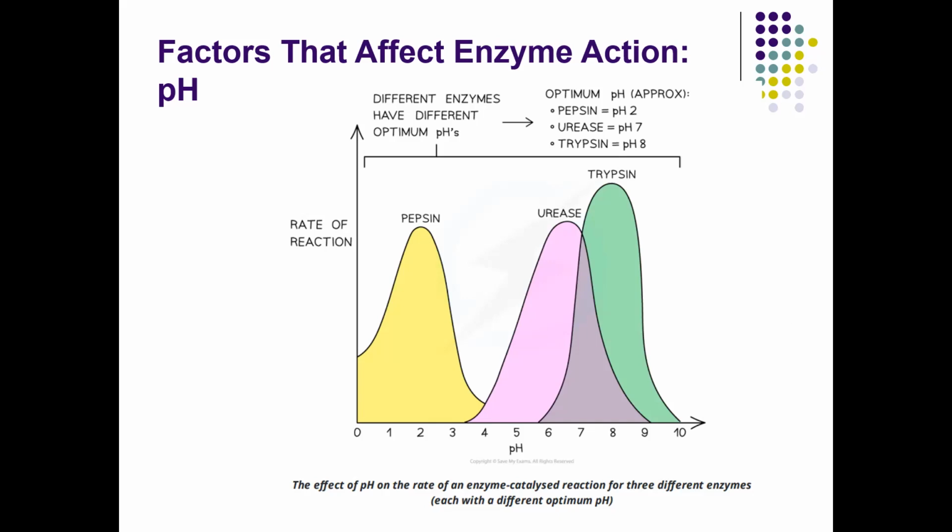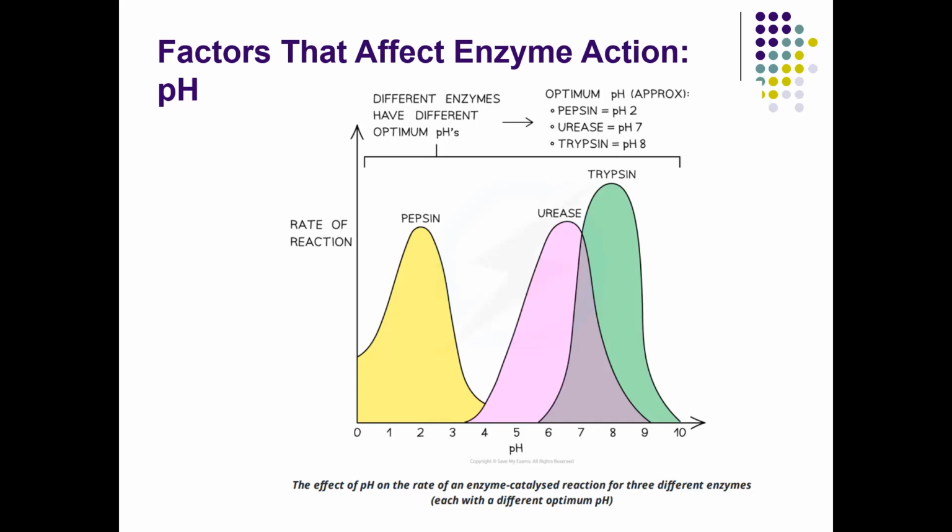So it is important to put them in the optimum pH. We can control the amount of hydrogen ions in the solution, so they will not affect the positive or negative charge of the R group of the amino acids in the protein. So how can you maintain the pH in your solution when you do the experiment? Chemical reactions produce products, and sometimes the product of the reaction can change the pH of the solution. So one way we can maintain the pH in our solution is by using a buffer.